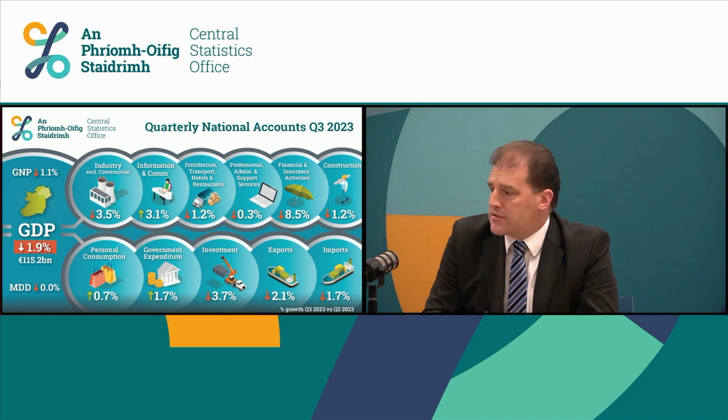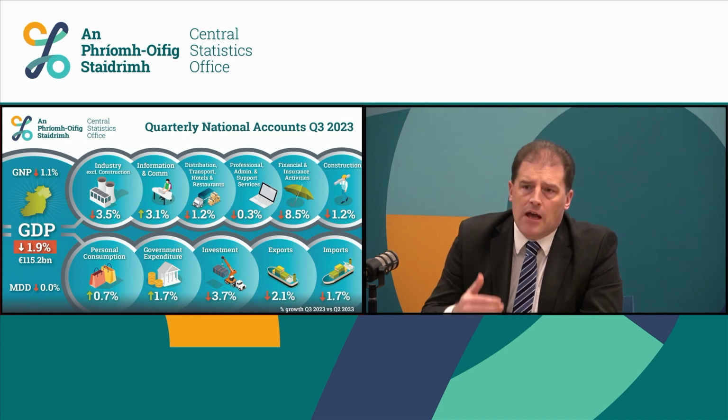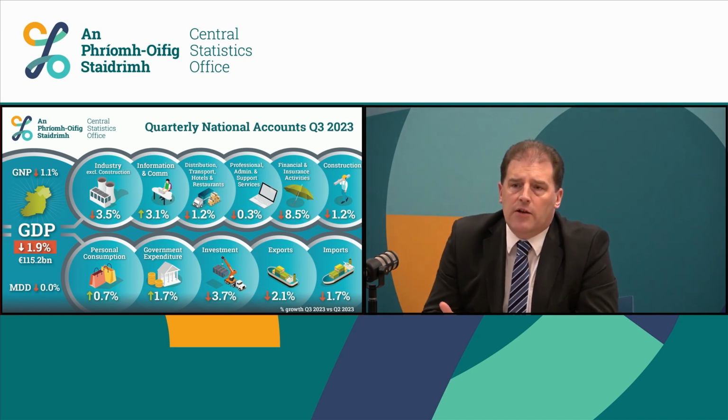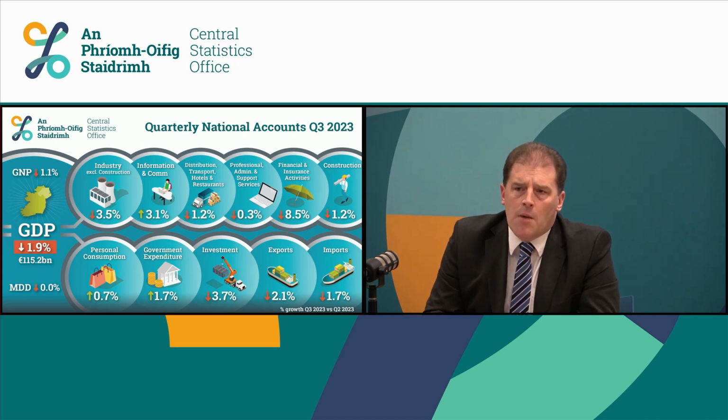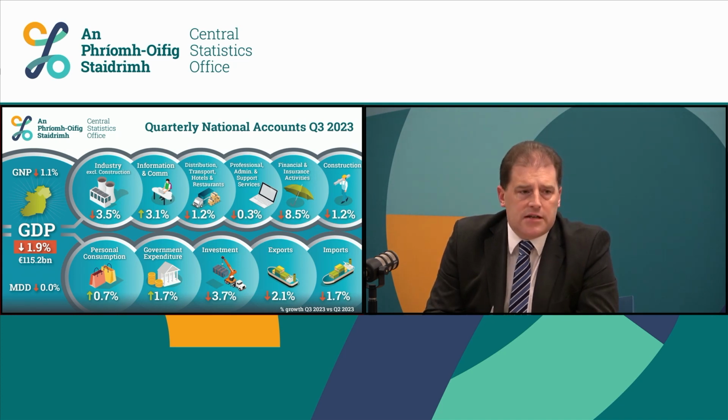The first two bubbles there are the M&E dominated areas, industry and information and communication. Industry is bigger, but one's up and one's down. So information and communication is showing growth across a whole range of indicators. The labour market data, value added, exports, imports, while the industry data is down 3.5%. But I guess the story of the quarter is that while we have that volatility maybe in the M&E